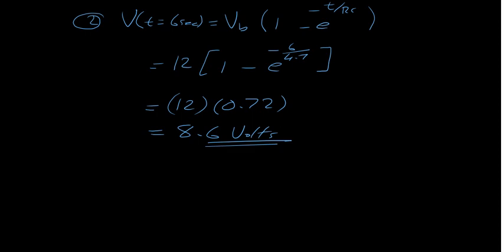And exactly as I expected, the value is between the voltage at the first time constant and the voltage after 2 time constants. It's 8.6, between 7.5 and